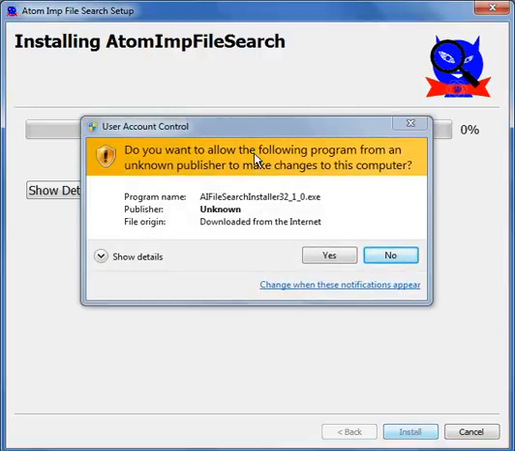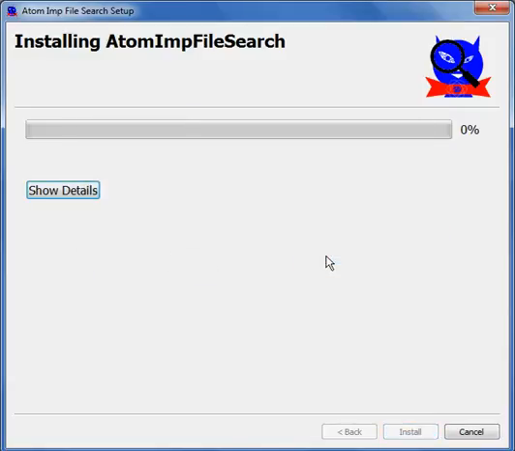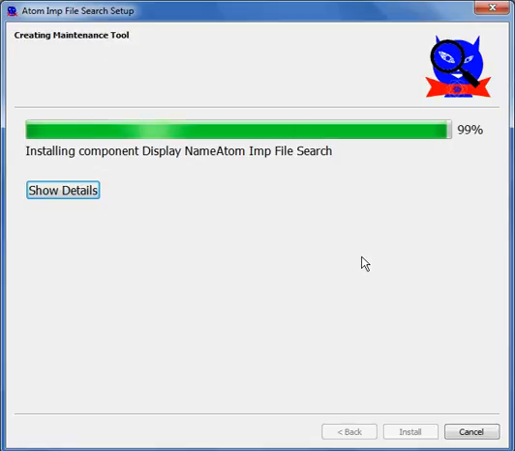Now you get another Windows control for viruses and so forth. It says this is an unknown publisher again. Again, I'm not registered, so either you trust me or you don't. If you trust me, click Yes, and the installation will proceed, as you can see here. When you're all done,